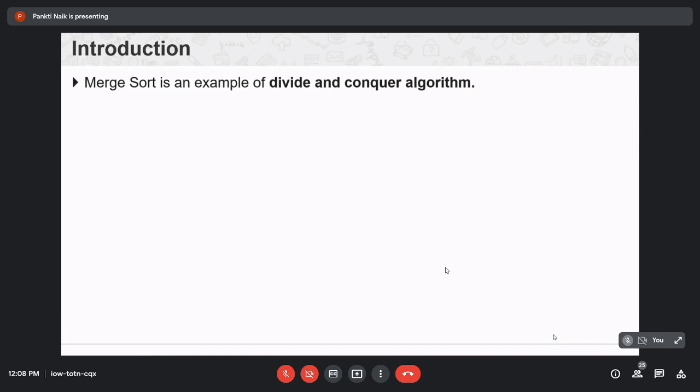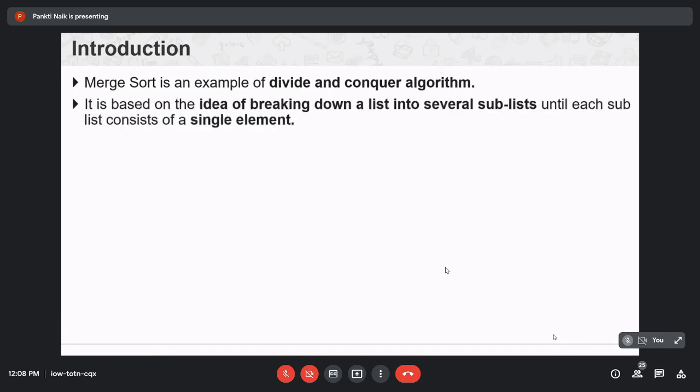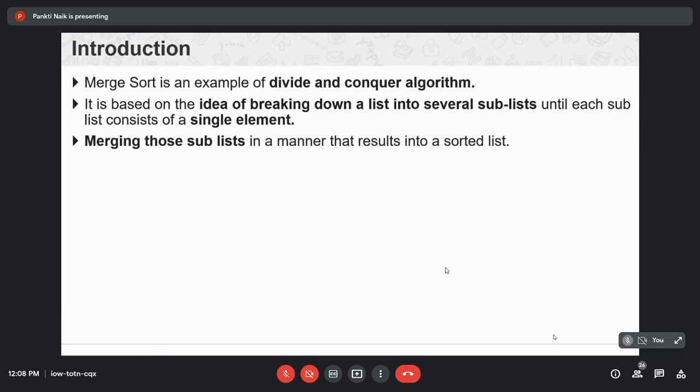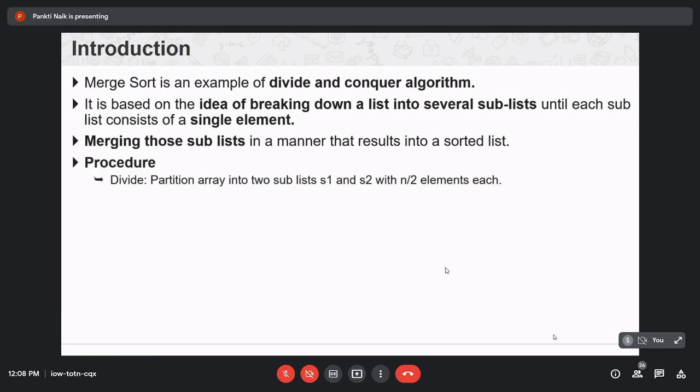So in merge sort, the basic idea is to break down a list into several sublists until we get single list elements, and then merge all these sublists such that we get the sorted list. So this is the procedure followed by the merge sort algorithm.